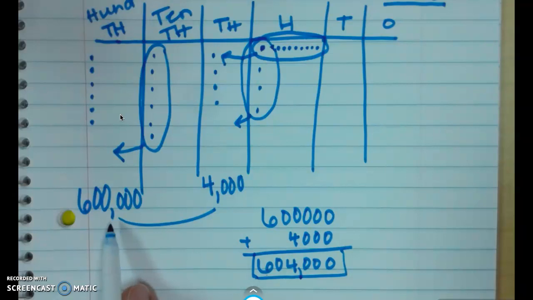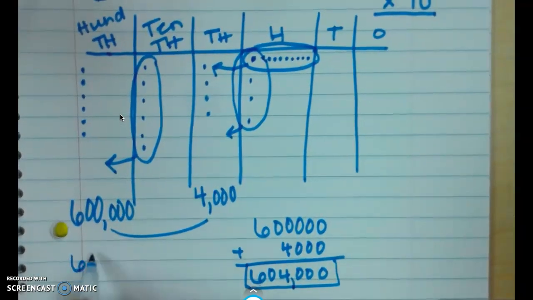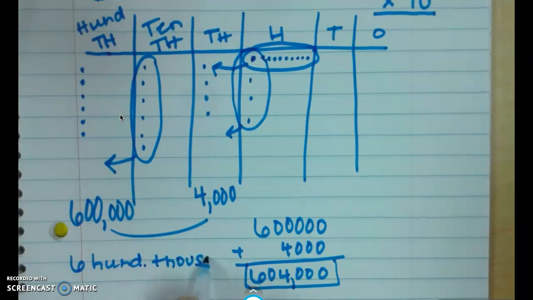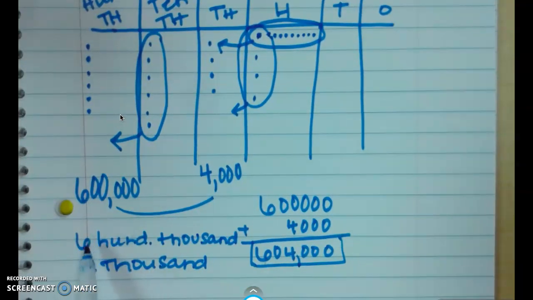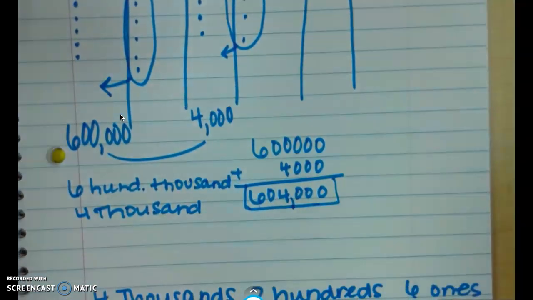This is the unit form, saying 600,000 4,000. So unit form, saying 600,000 4,000. Standard form, 604,000. Which will lead into today's lesson of